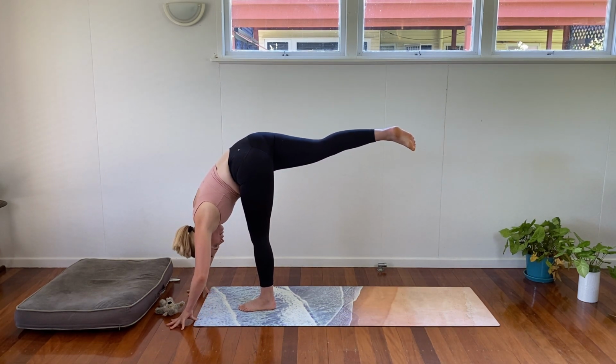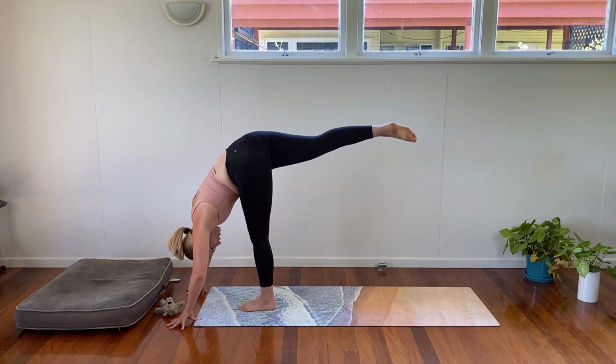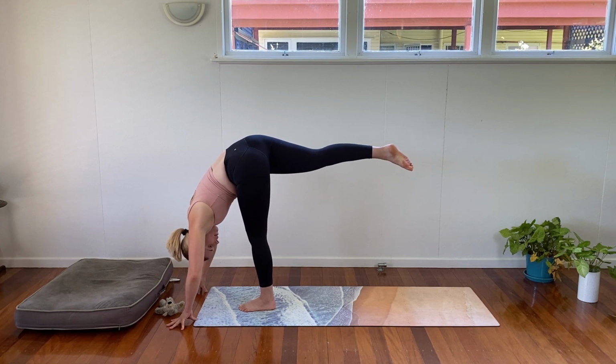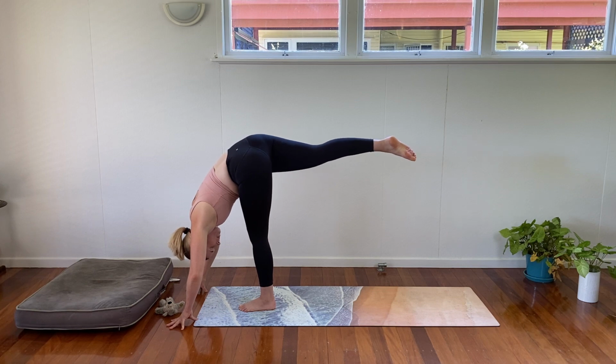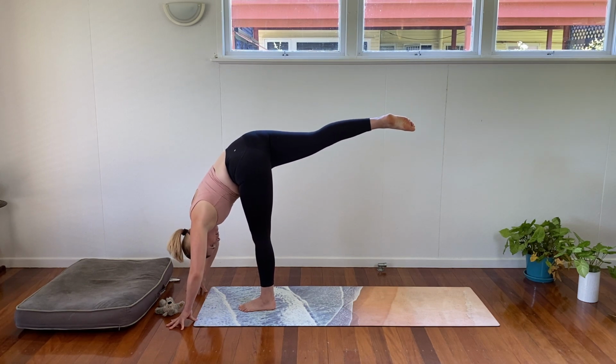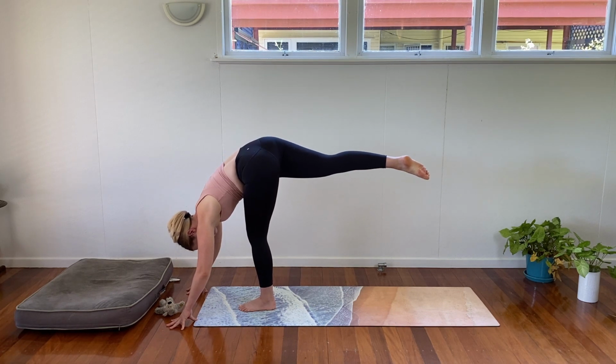So the crown of the head goes towards the ground, nose comes towards the knee, and toes go towards the sky. Hips are parallel, kind of squared off to the mat. So they're facing down, not stacked on top of one another. So length here, reach that leg a little bit higher and soften. Length and soften. Now when we're ready, we're going to bend this front knee just a little bit, micro bend,